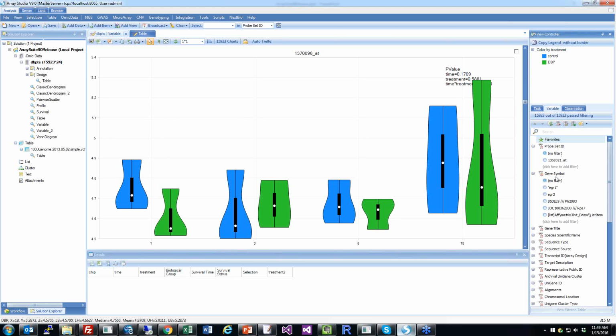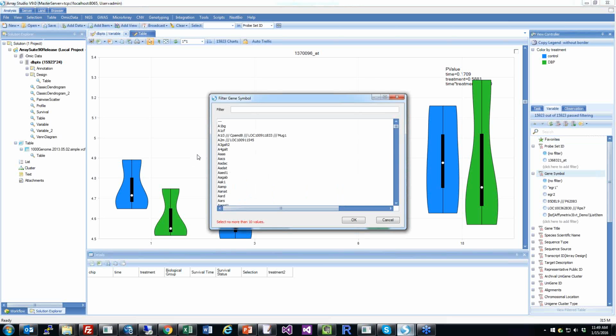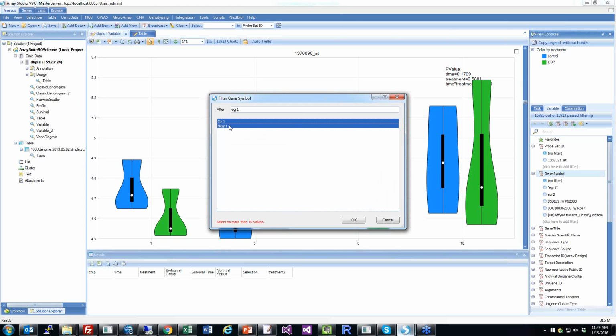You see this button, a gene symbol. So previously, you type a gene here, or you can right click and add a list. But now if you click this button, you actually will be able to see all the genes, and you can start to search. So that's a little bit different from before. But also you can choose multiple